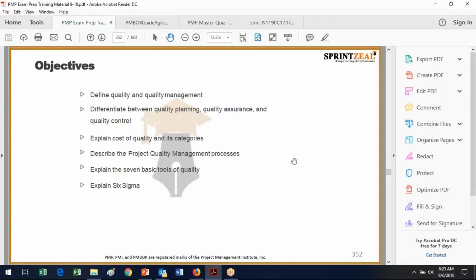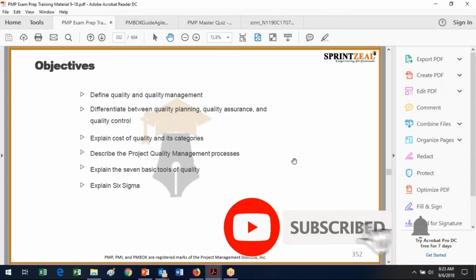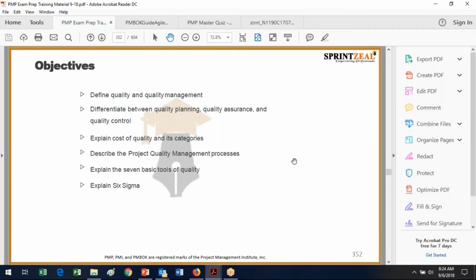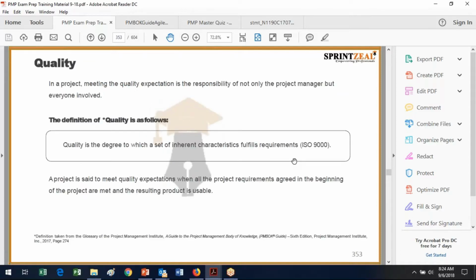assurance or control? And we're going to talk about the cost of quality, which is definitely a concept in total quality management, which is another one of those realms that's briefly touched on in the PMBOK, but a little bit more is expected of the project management professional practitioner. And then we're going to look at the processes and talk about the 7 basic tools of quality. Again, a total quality management concept that's briefly discussed in the text, but you might want to look into it. And then also Six Sigma.